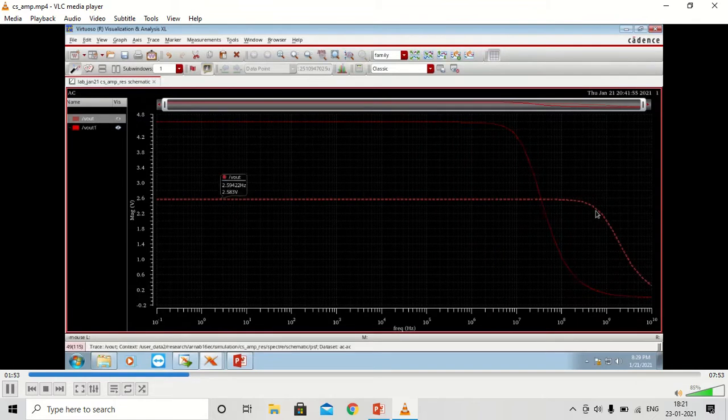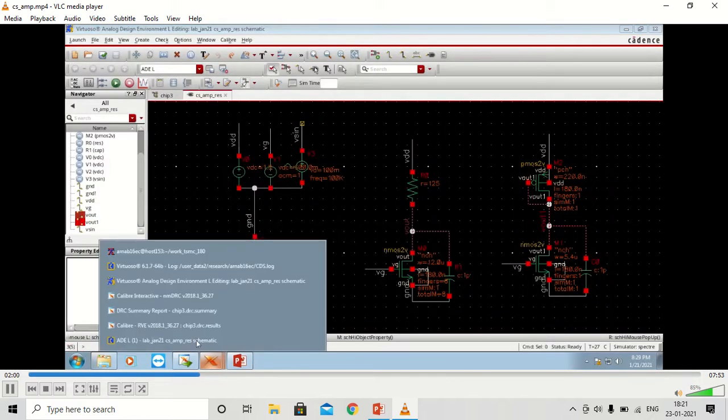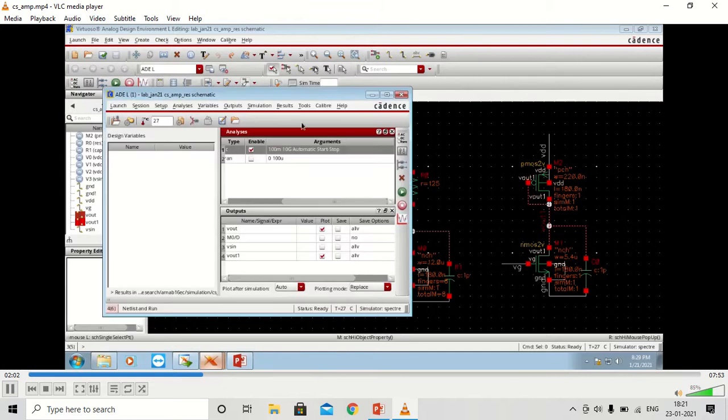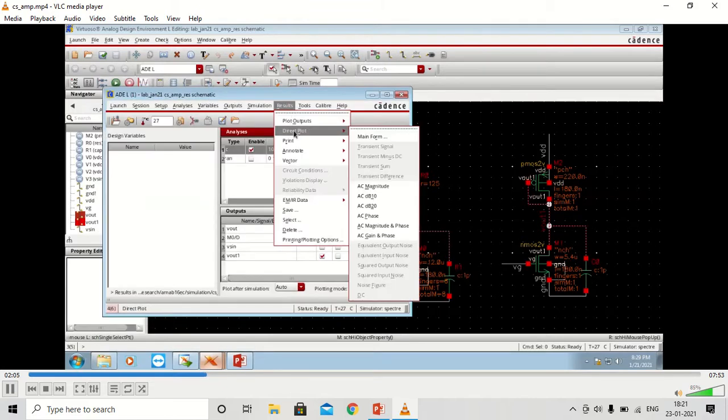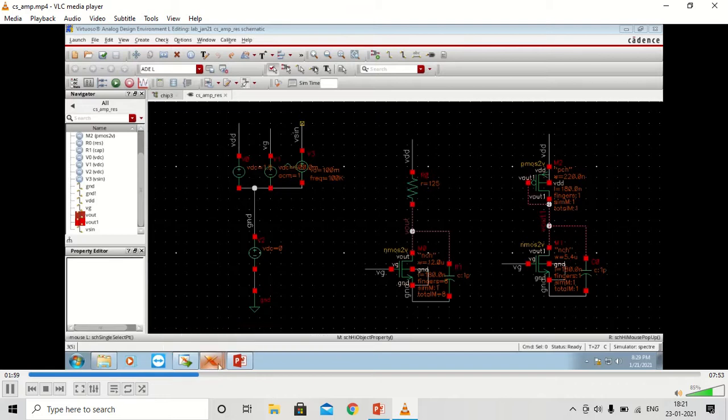We have taken a 1 volt AC signal and we are getting 2.5 volts, close to 2.6, for the resistive load, and for the diode connected load we are getting in excess of 4 volts, around 4.2 volts. For a single stage CS amplifier using a resistive load, it is very difficult to get higher gains. In any case, for a single stage CS amplifier, the maximum you are going to get is around 20 dB gain using proper biasing.